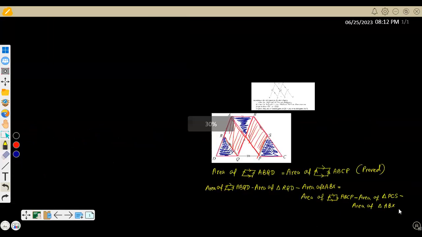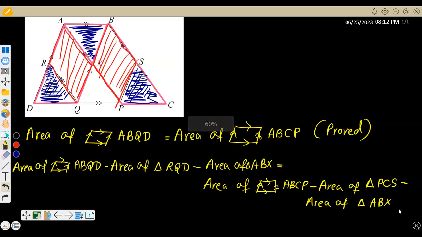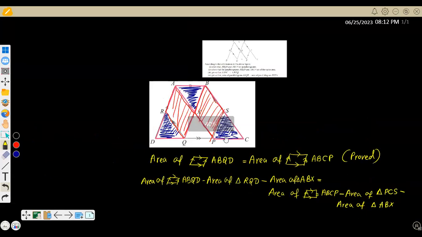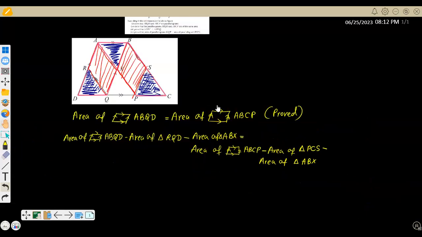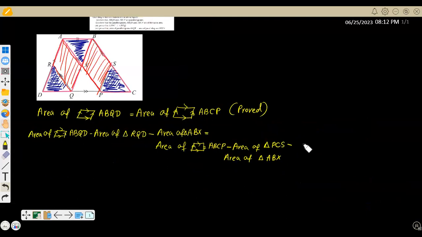Then after you do this subtraction, in this second step